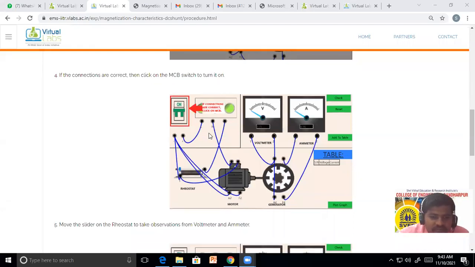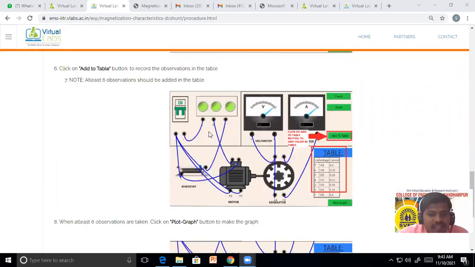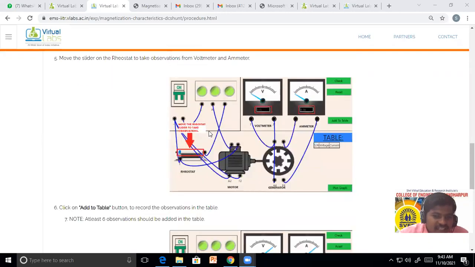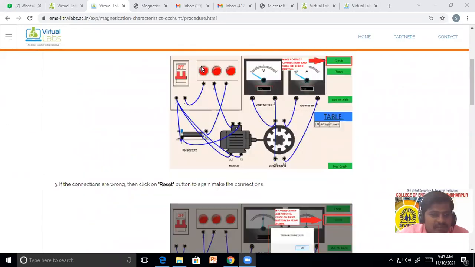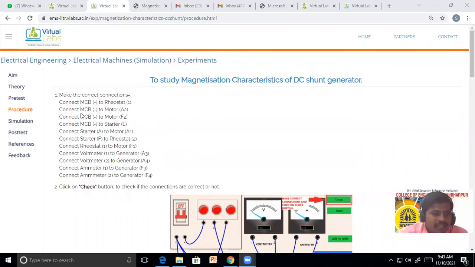Okay, see, this is the simple connection, and after that we want to see the result. By varying the resistance, we want to see the value of voltage and the value of current, and we will put this value in the observation table. After that we will draw the graph of that. Okay, so this is the procedure, बघा काय प्रोसिजर आहे, आपण करूया ती प्रोसिजर.